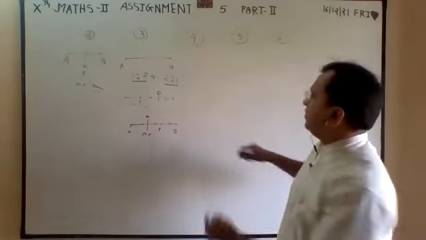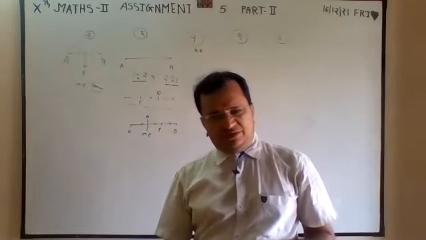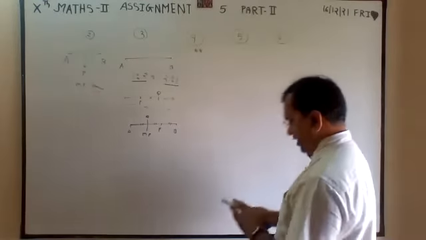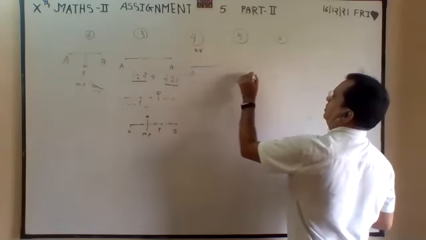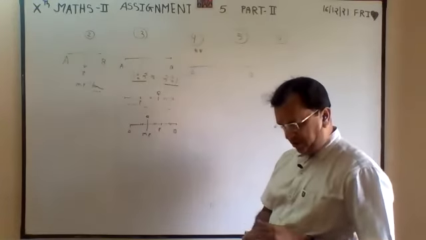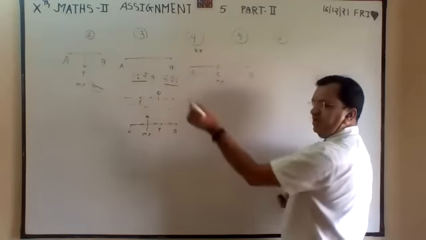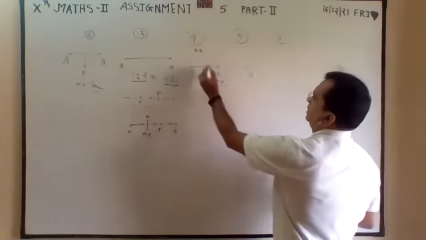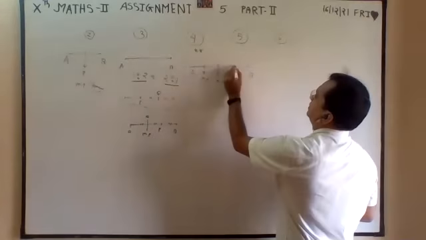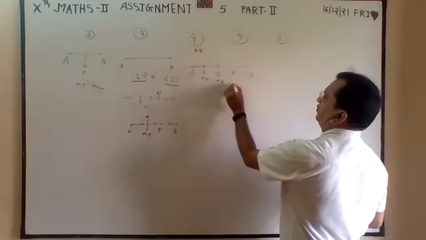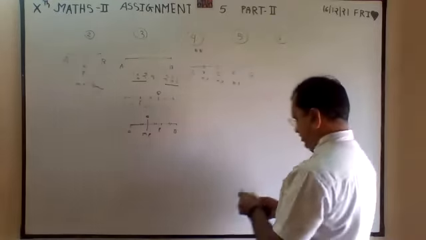4 part very easy, and 4 part is very important. For 3 marks, they can ask to find 3 points. How? A given, B given. Now, C is a midpoint of AB by midpoint formula. D is a midpoint of AC by midpoint formula. E is a midpoint of CB. So all 4 parts will be equal.